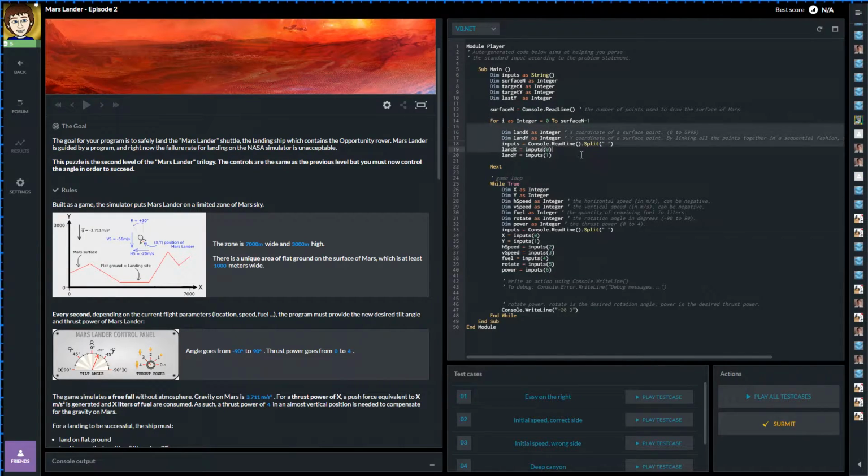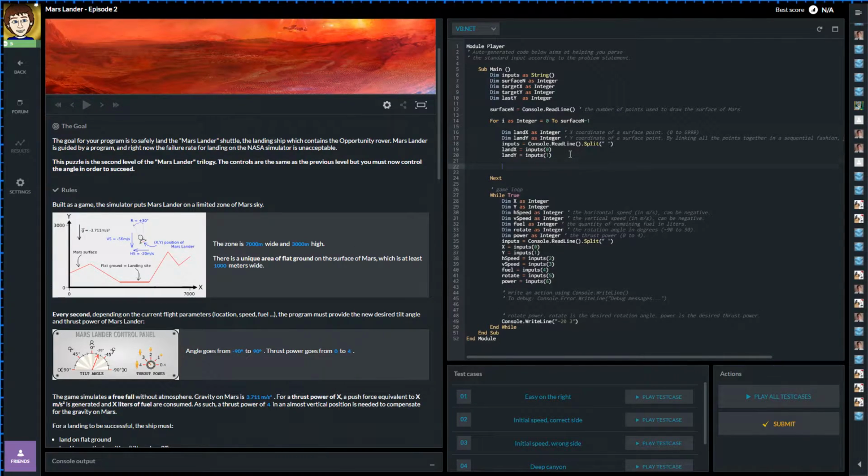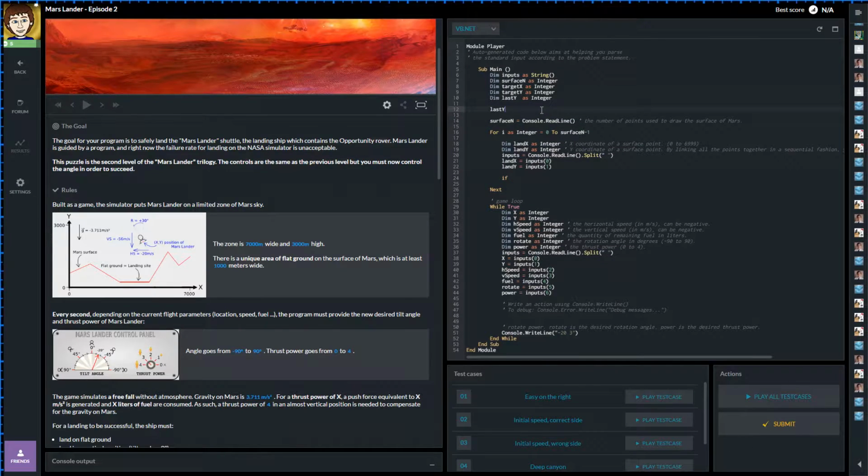So in this loop here, this is where we read in all the different coordinates of this red zigzag that goes across the screen. So what we need to do is make a decision. Okay, so as well, for this last Y, we should also set it to something before we get going. We should initialize it. So we're going to set last Y to equal 9999999. There we go. Just to make sure that it's got a value which we're not using,